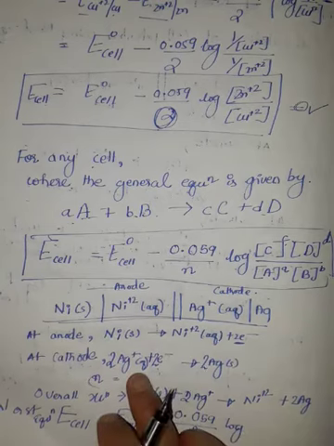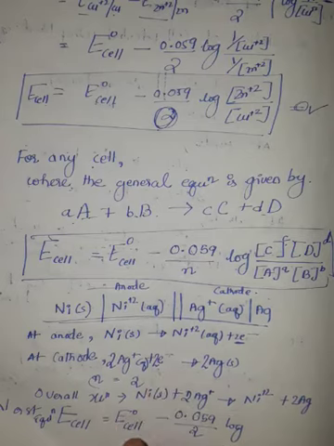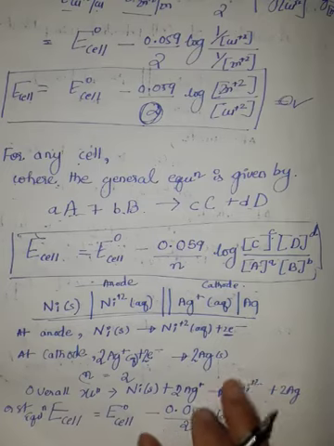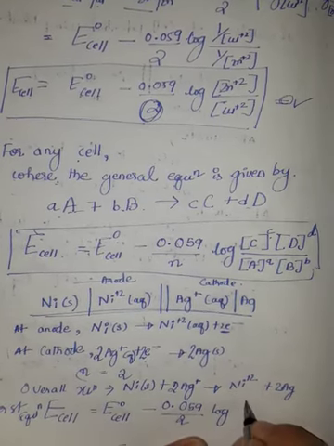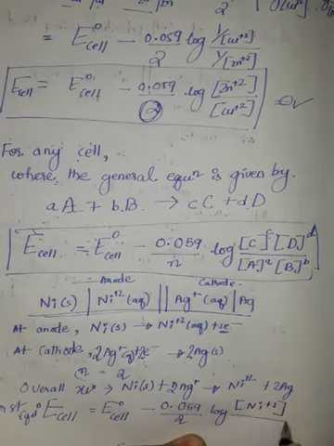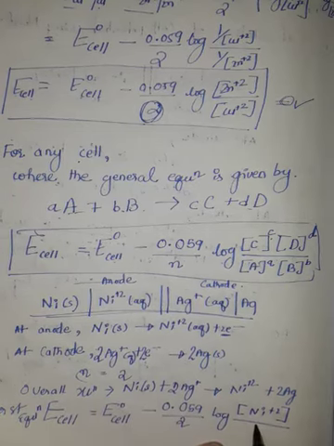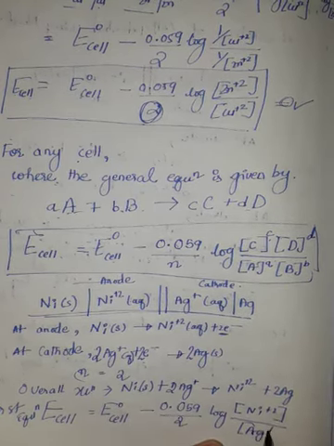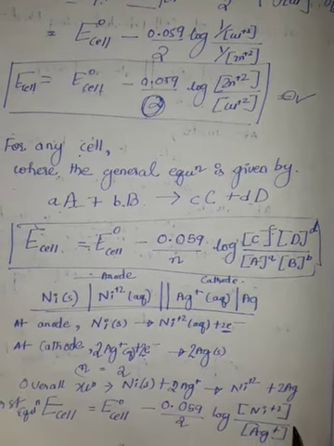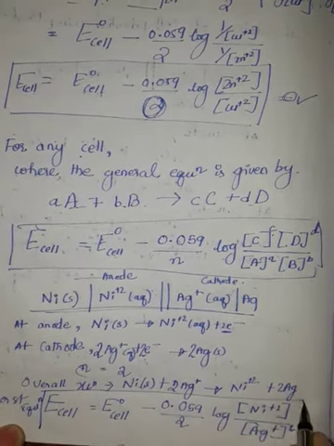So right side divided by left side. On the right side you need to take the ions, because the concentration of the metal is every time taken as unity. So the anode, which is the right side, divided by Ni plus 2 for the cathode, the left side. This is your solid one. So its concentration, Ag plus, and what is the coefficient? 2, so that will become the power. This is your E cell